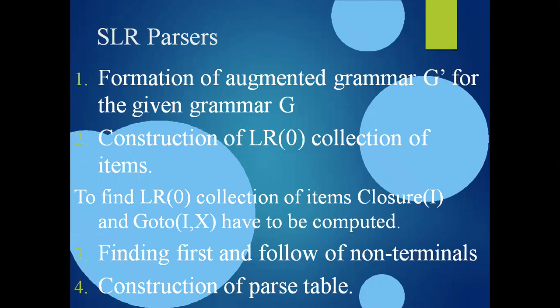Right, make a note of this. Whatever grammar we are having in the form of G dash, we directly construct the first and follow without eliminating anything here. And finally, construction of the parsing table. These are the 4 most important steps to be followed here. In these 4 major steps, the most important step is the construction, or computation, of the goto function, right? Is it clear how many steps we are having to construct the SLR parser? 4 steps. And now what is the first step?